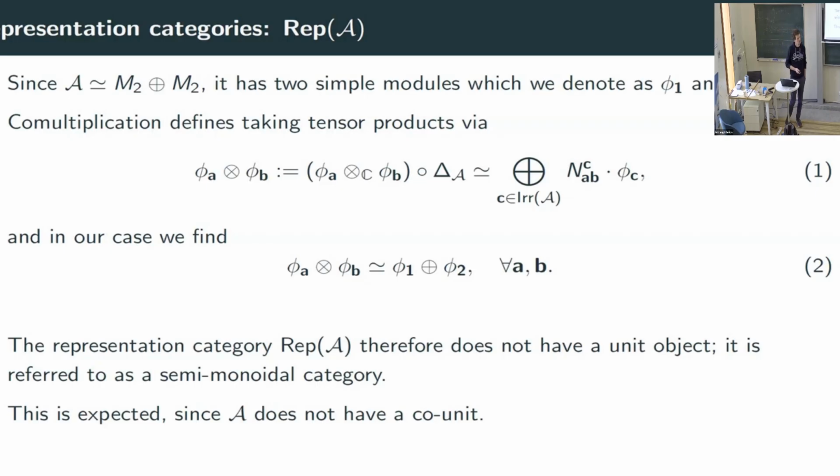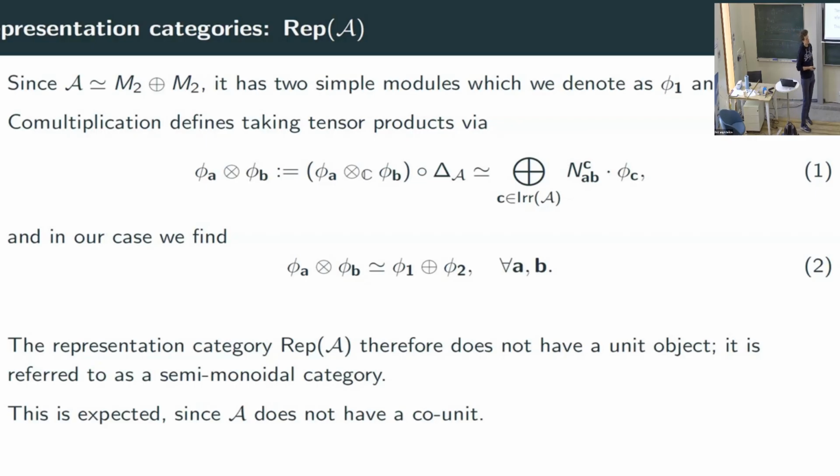You can always artificially add the units. At the level of the category, I agree. I can just paste it in, but that's not what this algebra is giving me, right? So I don't know how I would have to change the algebra in such a way that it just has a copy of the ground field.